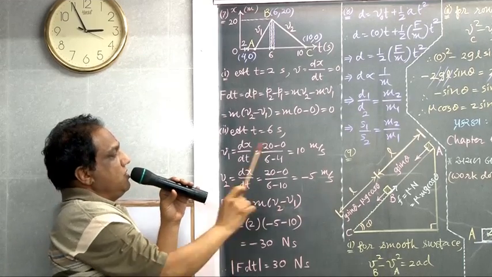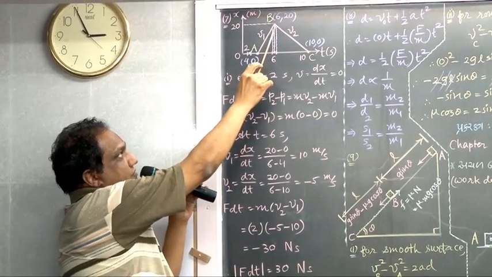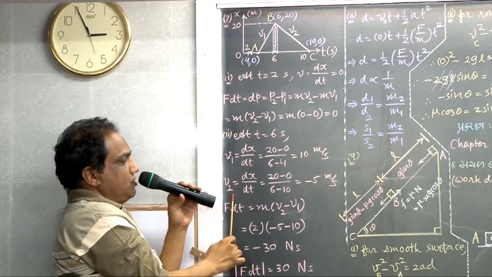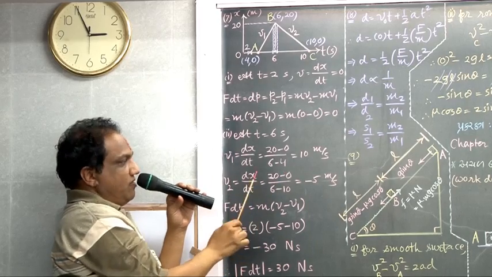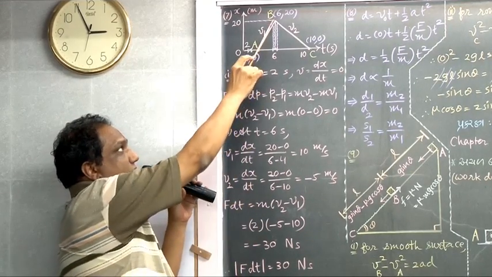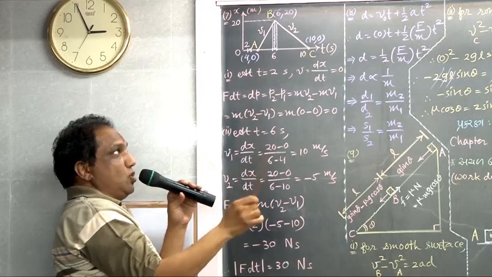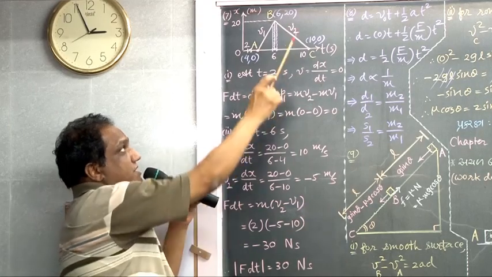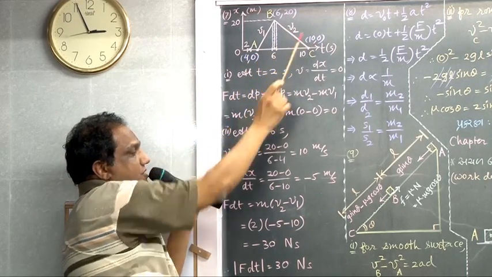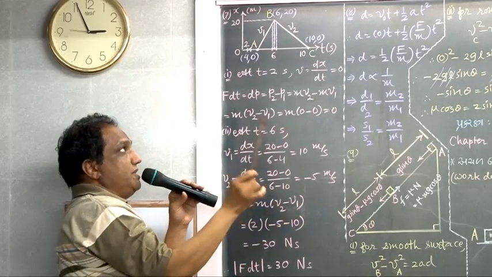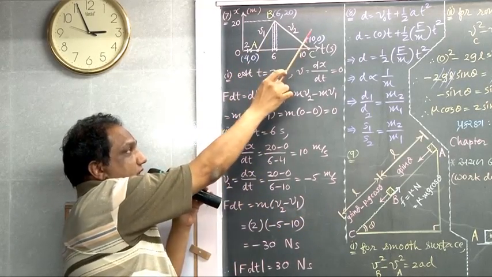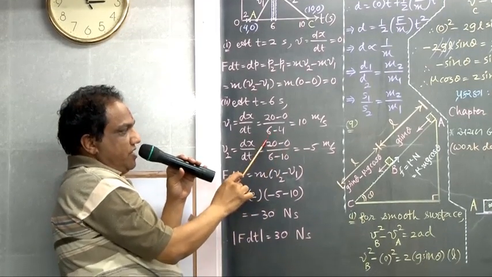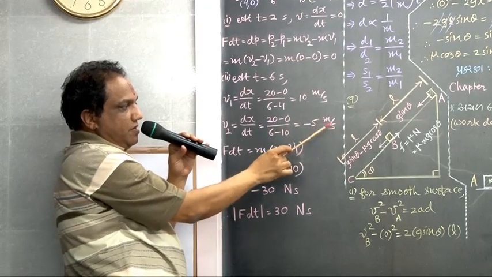Now let us find out v2 at this point. This point is lying on which part of the graph? BC. Now v2 is also by formula dx by dt. It is the slope of the graph of x versus t, and right now it is the slope of part BC. Slope of any straight line graph is change in y coordinates divided by change in x coordinates. Change in y is 20 minus 0, divided by the corresponding change in x, 6 minus 10. 6 minus 10 is minus 4. 20 upon minus 4 will be minus 5 meter per second.